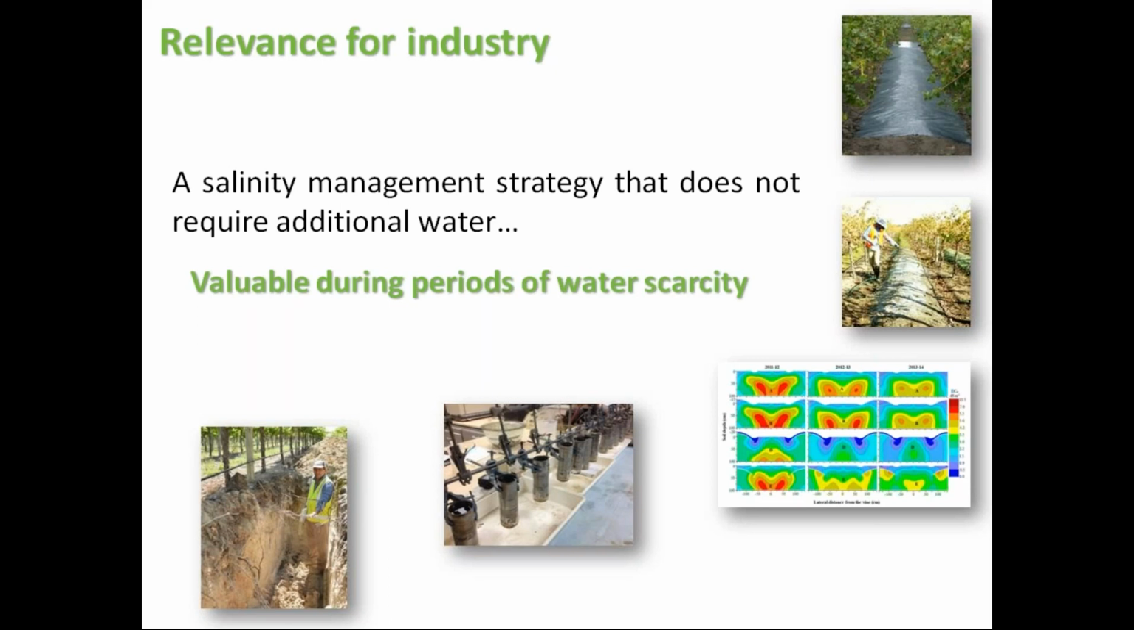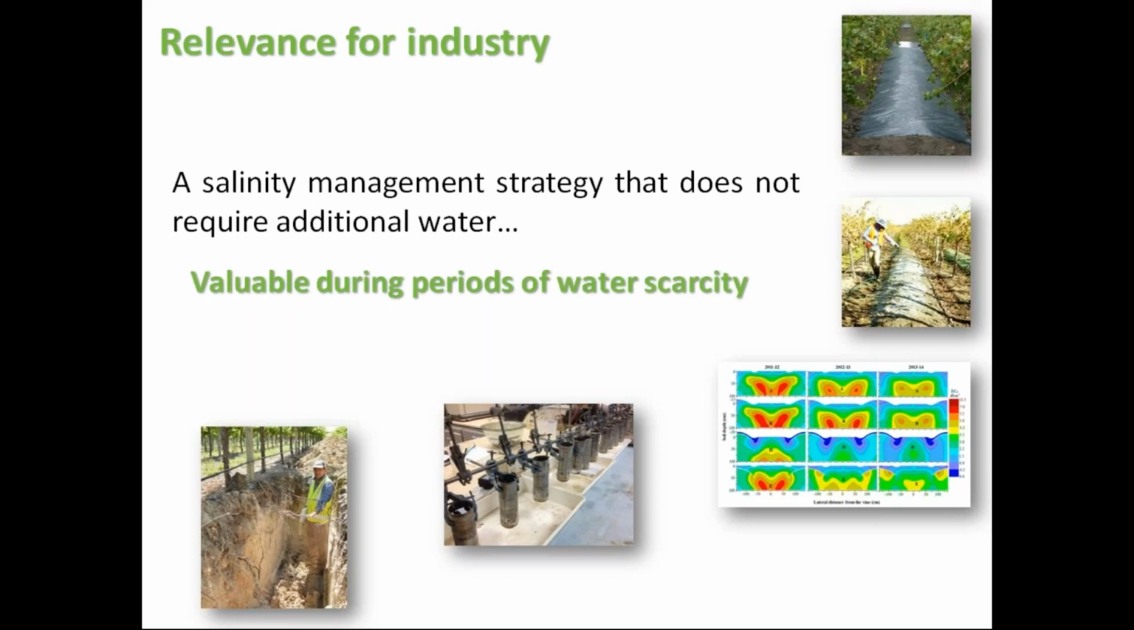So the relevance for industry mostly comes down to the fact that this, while it is currently a cumbersome strategy, the concept has been proven that getting that rain falling on the mid-row to the undervine soils can reduce the root zone salinity, and it's a strategy that doesn't require additional water, and that's fairly important for growers in our part of the world, simply because we rely so heavily on good allocations or good rainfall events to enhance the